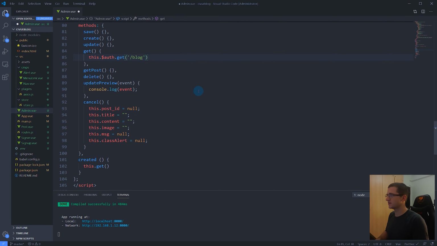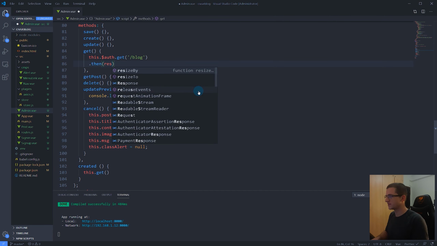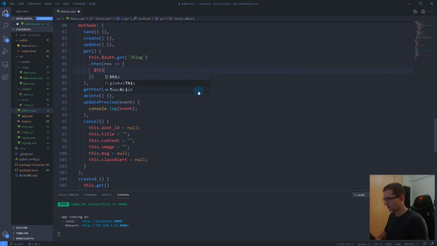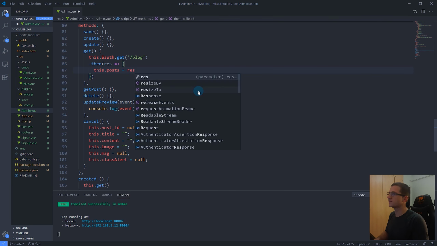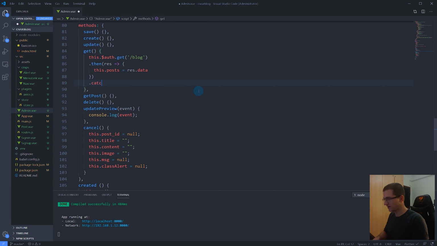So the get method doesn't expect any parameters, and therefore we can say that then method will receive a result that this post will be equal to that result data. Okay, in case we get an error, let's catch that error,